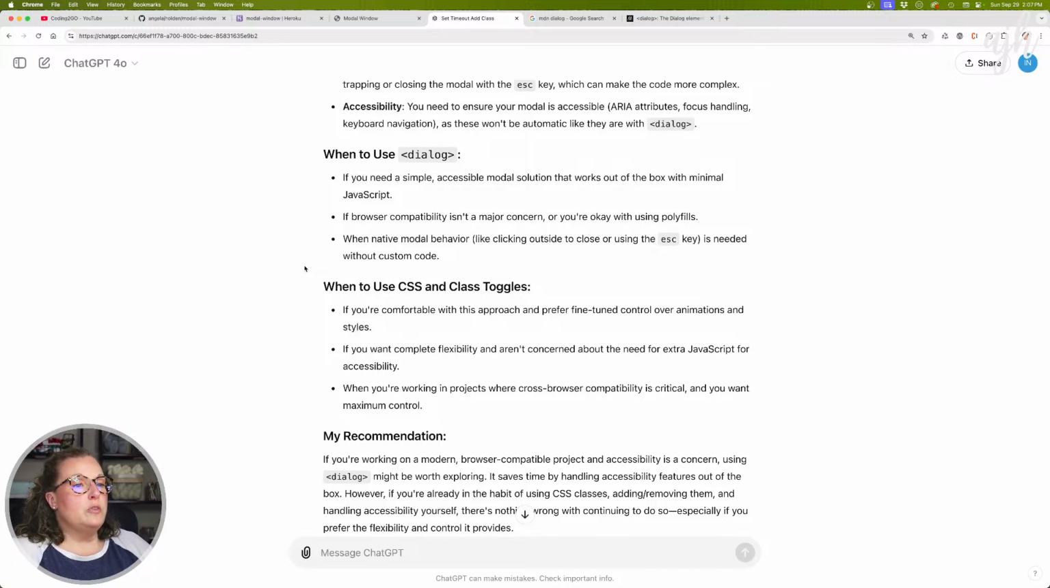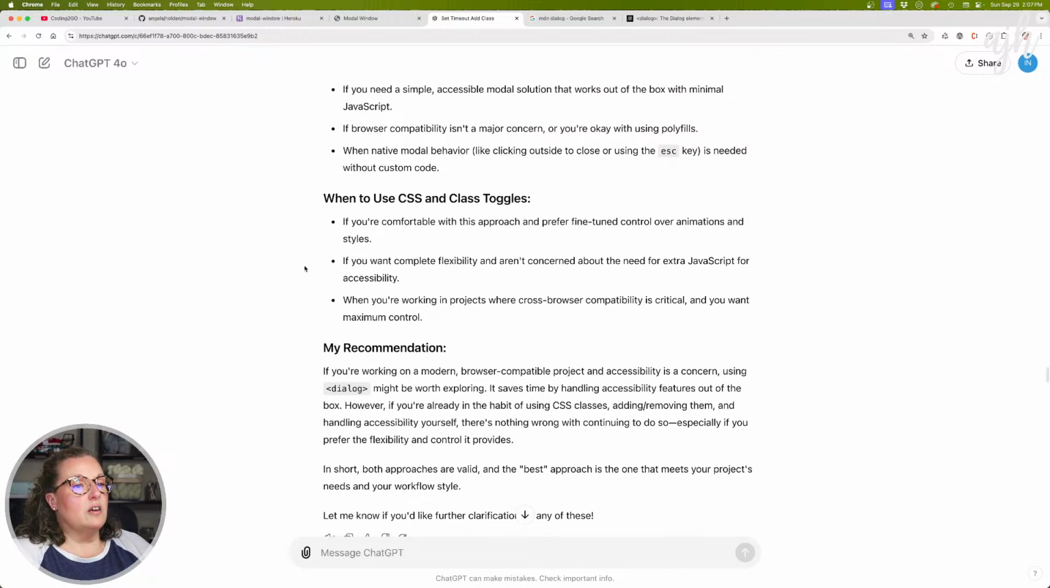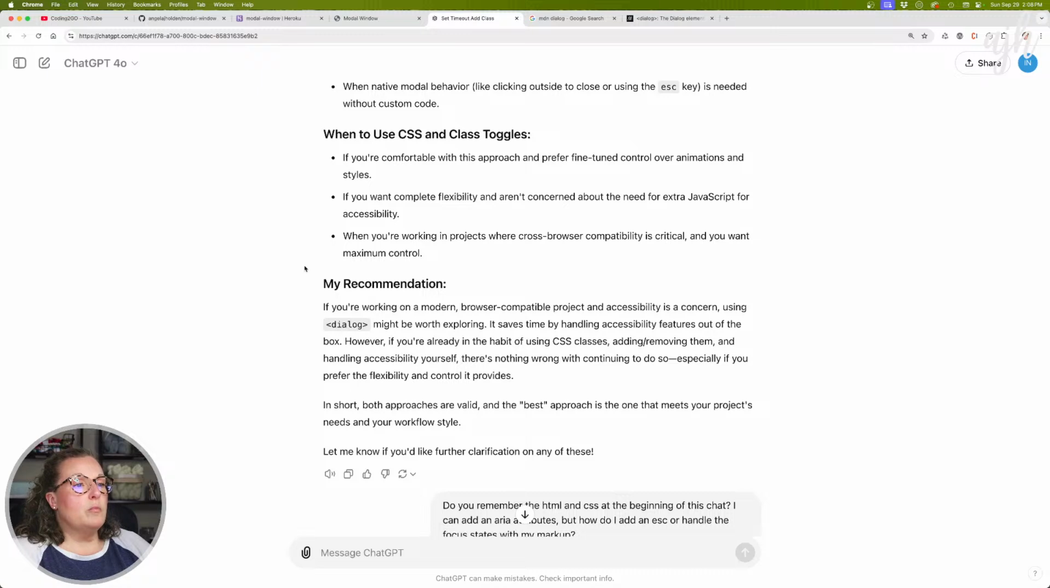When to use CSS and class toggles: you're comfortable with this approach and prefer fine-tuned control over animations and styles. That's a yes. If you want complete flexibility and aren't concerned about the need for extra JavaScript or accessibility, no, I need those things. When you're working in projects where cross-browser compatibility is critical and you want maximum control,